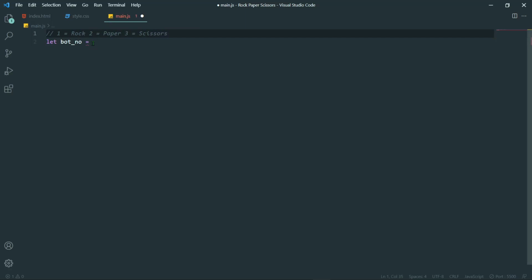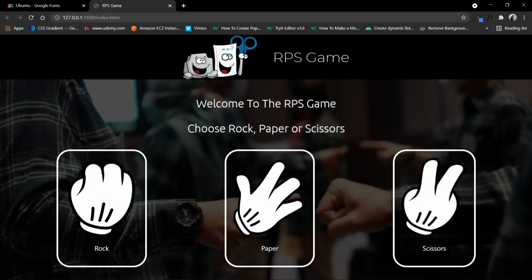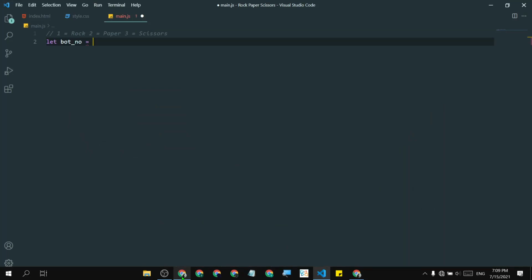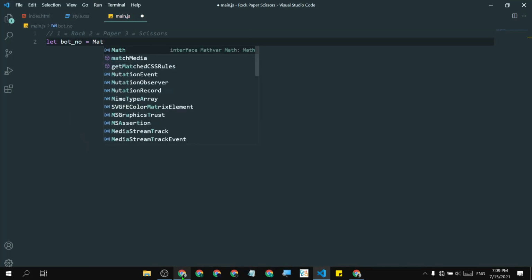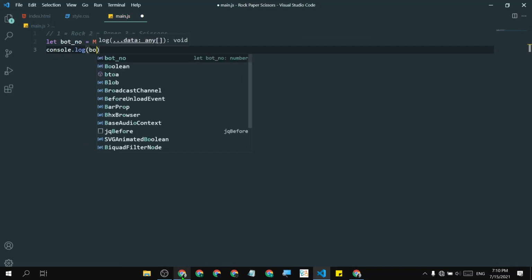Now we are going to generate random numbers between 1 and 3. So let's make a random number with Math.random times 3. Now we are going to do console.log and print bot number.